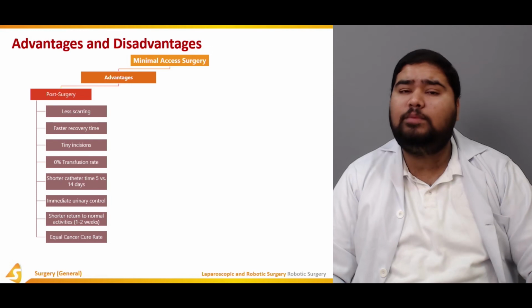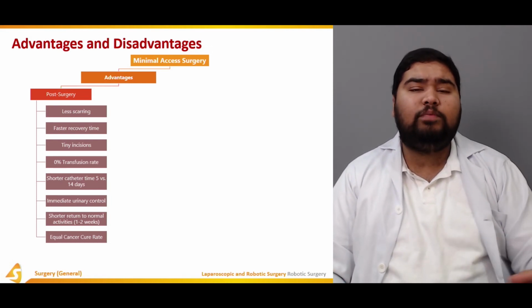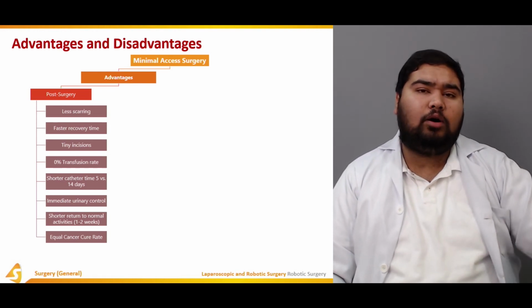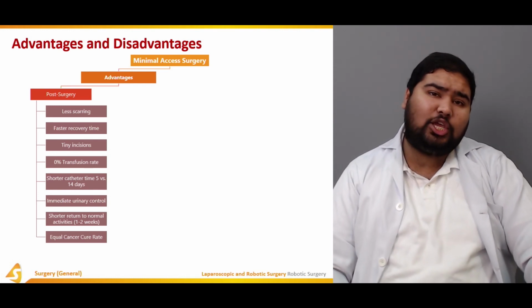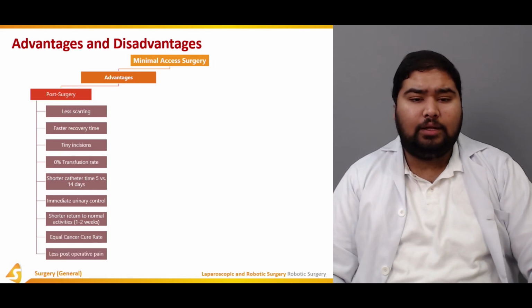It was not due to the minimal access surgery itself. So an improvement on the doctor's part led to less seeding of the site. So it can cure cancer as much as a traditional surgery can.